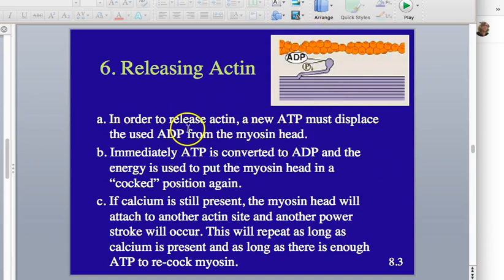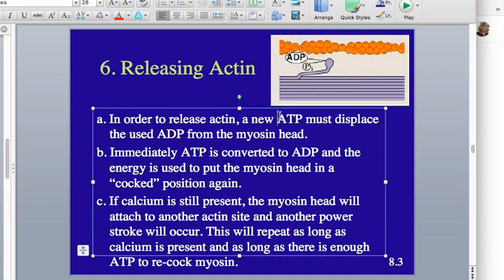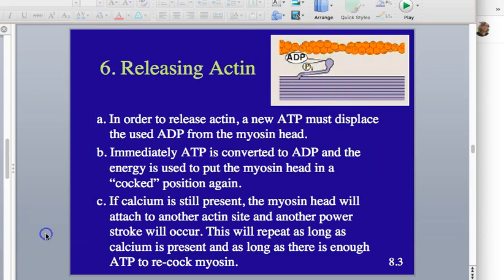So in order to release the actin, you have to have a new energy molecule, a new piece of ATP. Remember, once ATP is used, it's called ADP. So it's lost a phosphate, gone from adenosine triphosphate to adenosine diphosphate. Oh, here's a phosphate right here. That means it's already been used up. Because the phosphate has already been released, that high energy bond has been released to cause this to be in its cocked state, and so then it can, boom, hit that actin when it's ready, okay? But then,